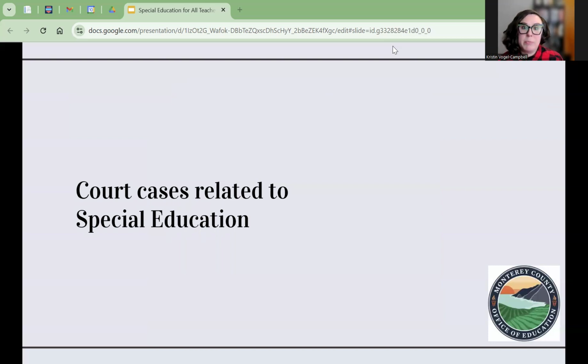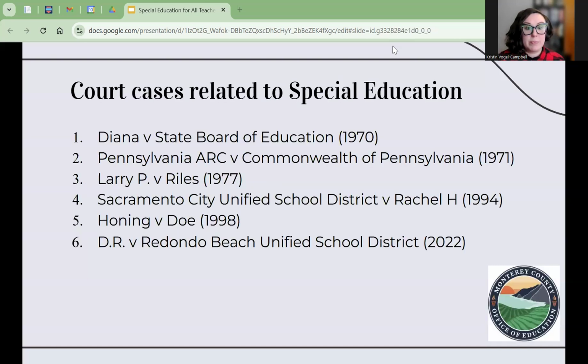Now we're going to talk a little bit about court cases related to special education and how court cases have helped shape the evolution of what special education services look like today. So the first one we're going to talk about is Diana versus the State Board of Education in 1970. So in 1970, the case of Diana versus State Board of Education,